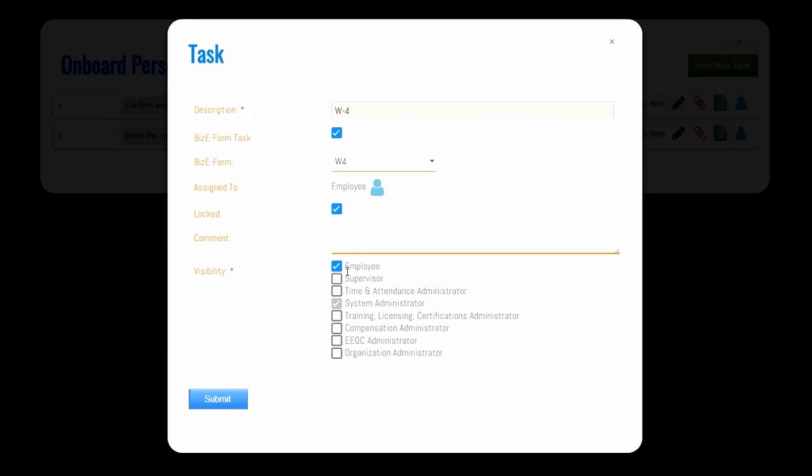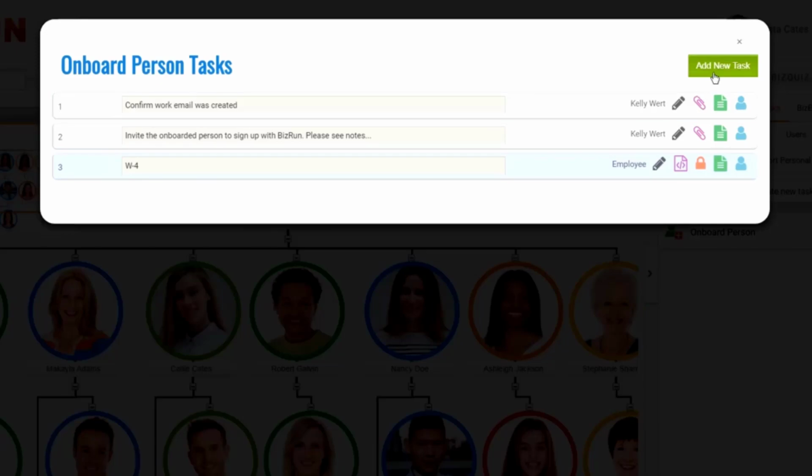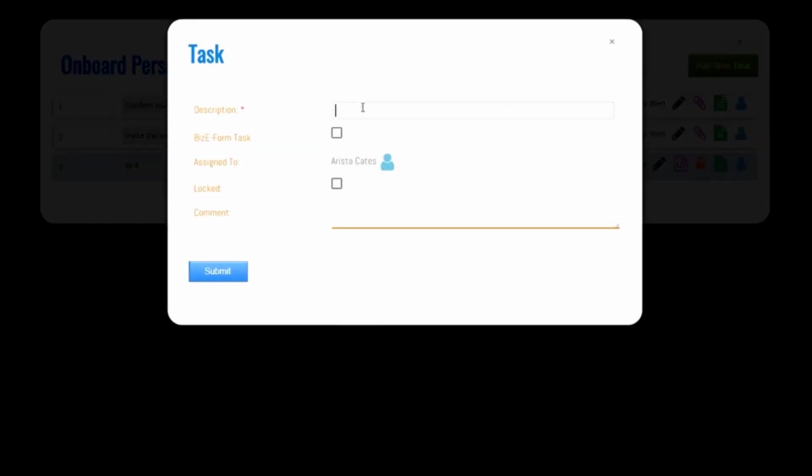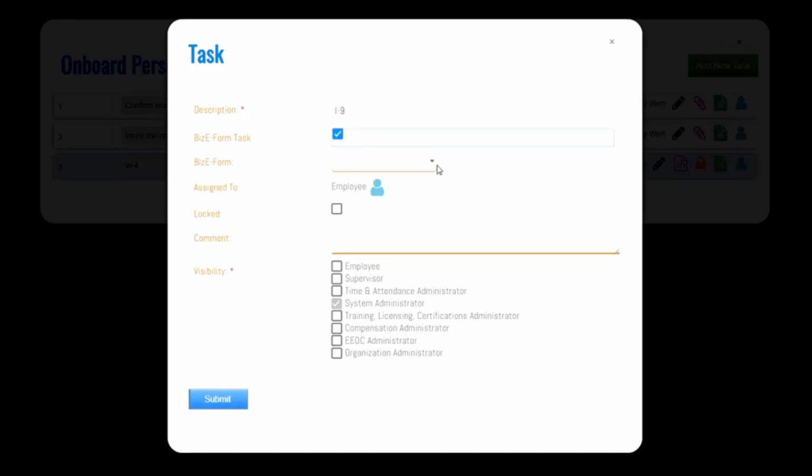Visibility of the W-4 form, we're going to restrict to the employee themselves. The system administrator can always see everything in BizRun because they are the system administrator, but we're also going to include the compensation administrator so that they can make sure that that W-4 information gets into the payroll system. So we're going to click Submit on that, and then we're also going to add the I-9 form